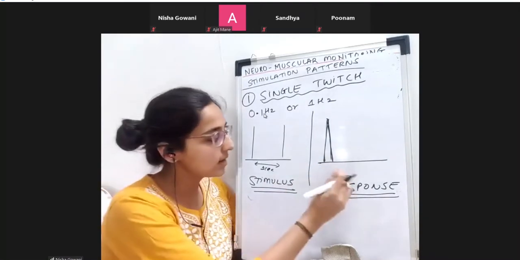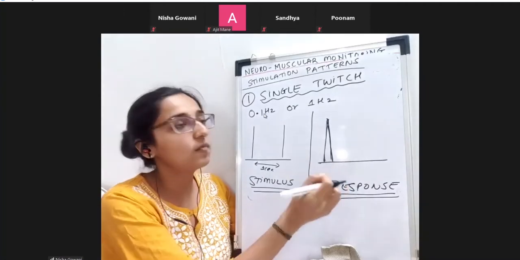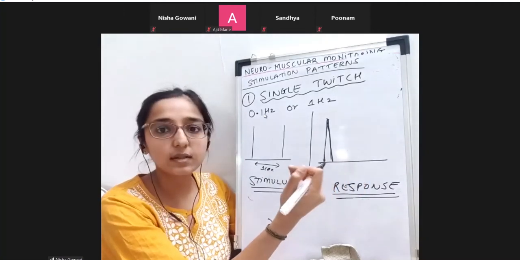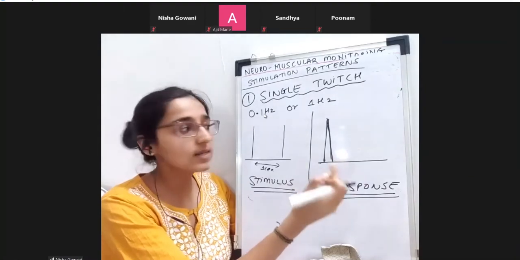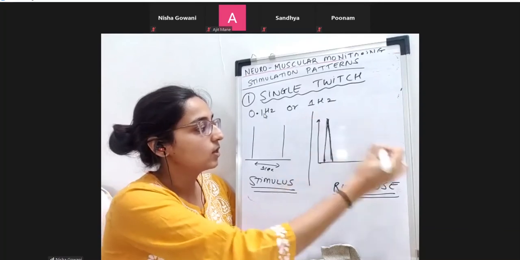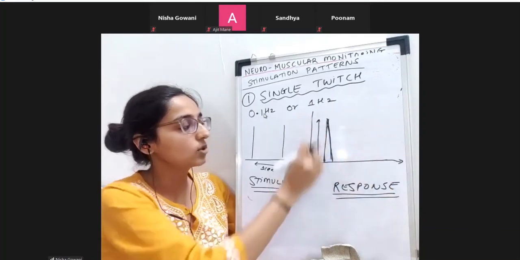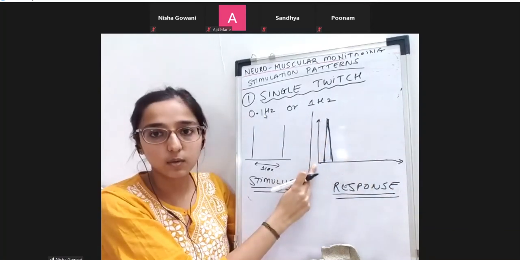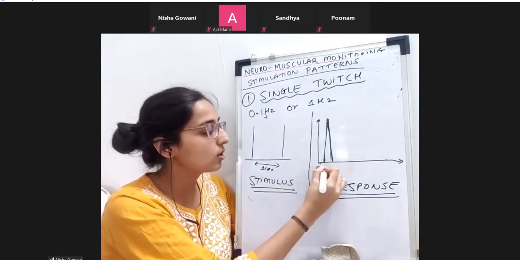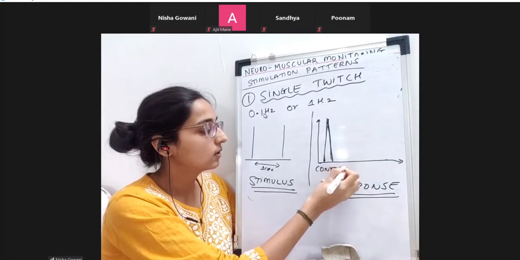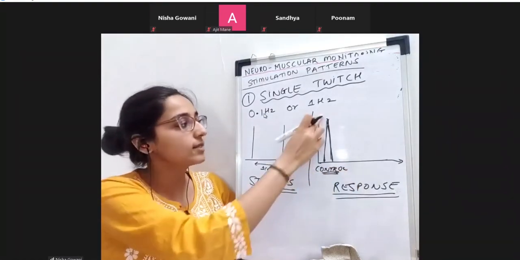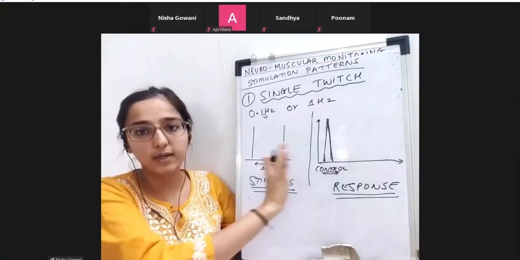So there is something known as a control. Before I start, I will do a control. I'll see what the maximum height is. So there is something known as amplitude. The height of this muscle contraction, the amplitude of the muscle contraction, we will see, and we will see one control response. So before the case starts, I will see the control. I'll see that this much height is achieved, and it will be documented.